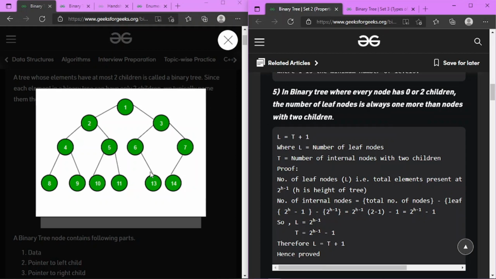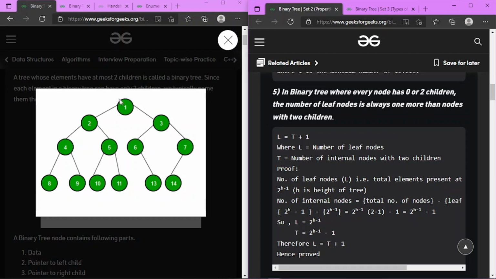Also, they have not explicitly given how many leaves can be there in a tree, so it will be equal to 2 to the power h. As we have height 3 here, the maximum number of leaves that can be there is 2 to the power 3, that is 8. You can also see 1, 2, 3, 4 and 5, 6 and 7 and 8 here. So the maximum will be 8, when you are considering 0 as the starting height.